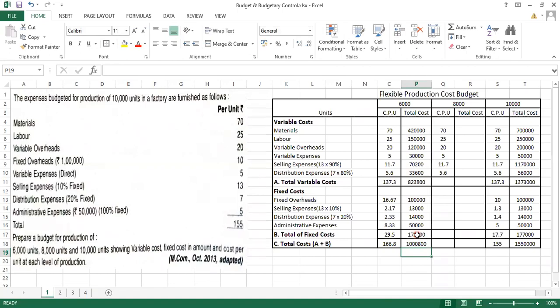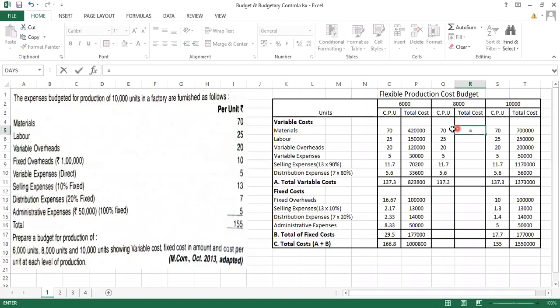The same manner you have to find out for the 8,000 units. तो हमने बजट बनाया कि अगर हम 6,000 यूनिट्स पर अब जब प्रोडक्शन कर रहे हैं तो हमारे टोटल कॉस्ट पर यूनिट होगा 166.8 का और टोटल कॉस्ट उसका होगा 10,08,000. देन द सेम वे 10,000 का ऑपरेट कर रहे थे तब तो वी नो इट. अब 8,000 यूनिट्स प्रोड्यूस करेंगे तो कितना होगा?